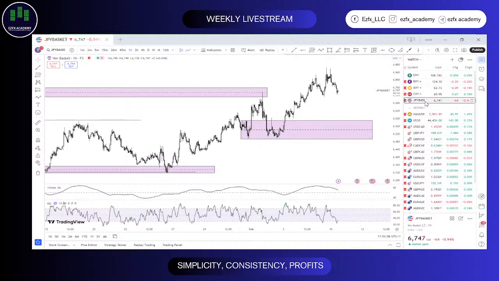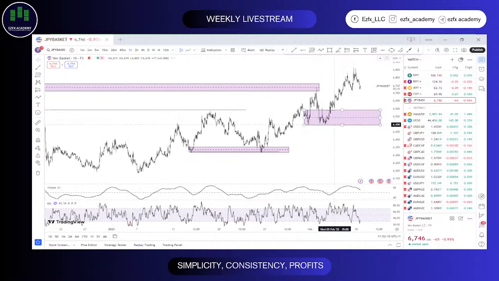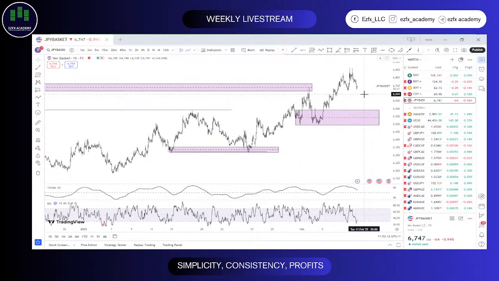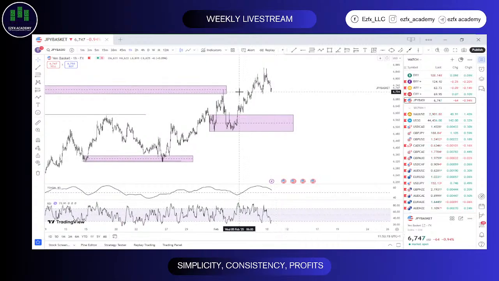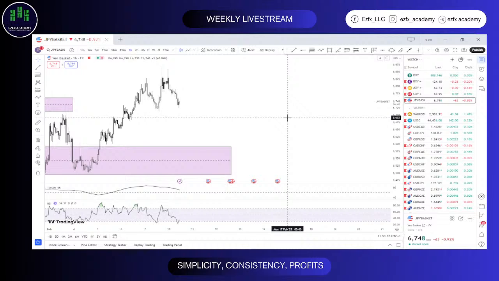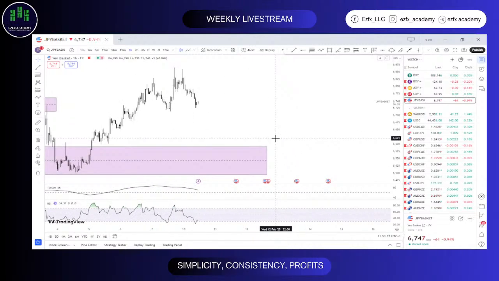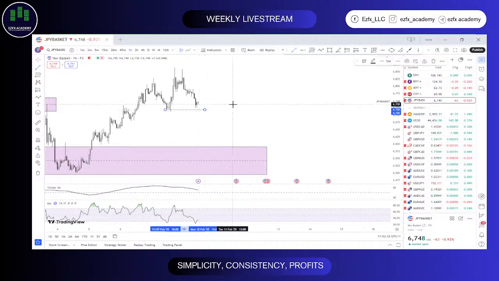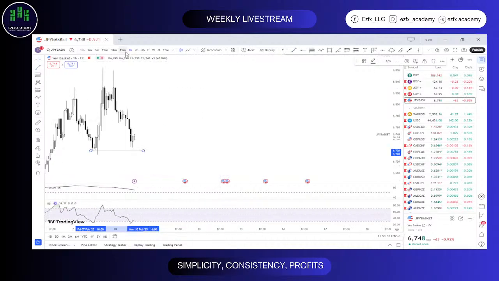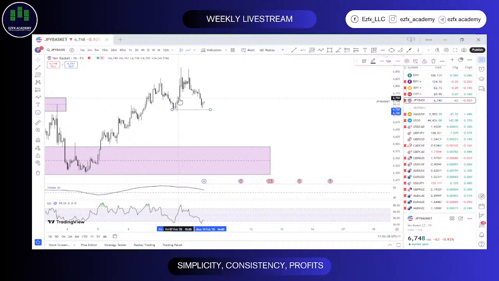All right, so last but not least for today, we'll look at the JPY basket, and I think I remember saying we're expecting a sell to buy. We saw that happen fairly well during the course of last week. So this week, I believe we should still see a form of continuation of that. This support wasn't taken out at all. This is even on the 1 hour time frame already.